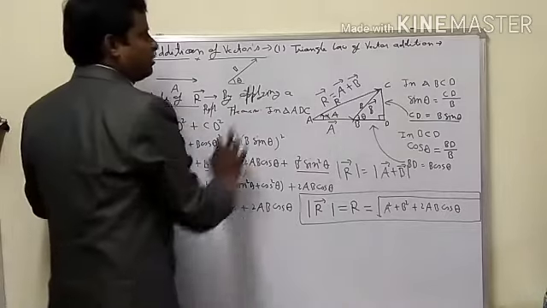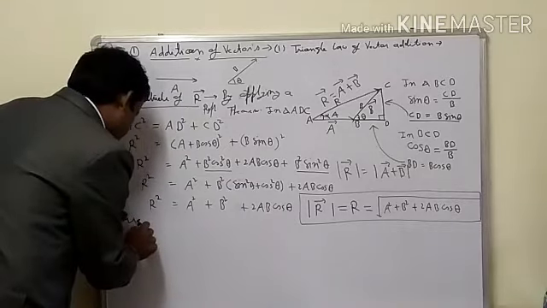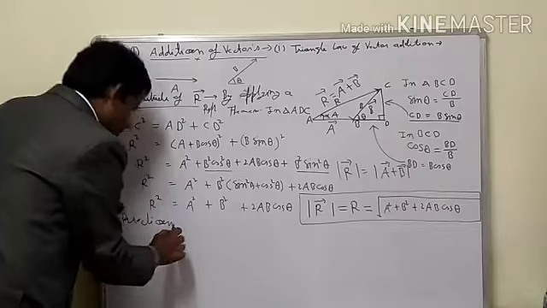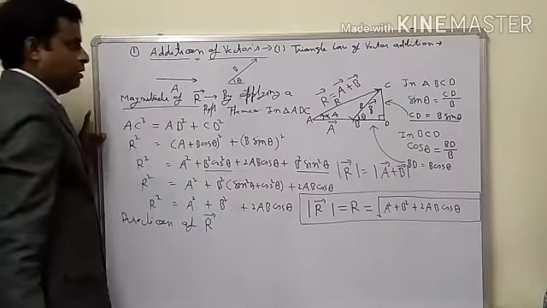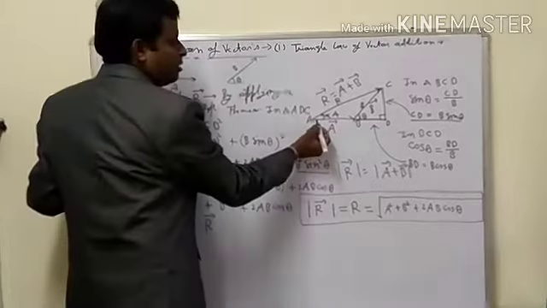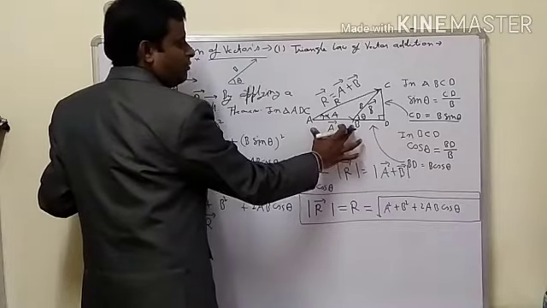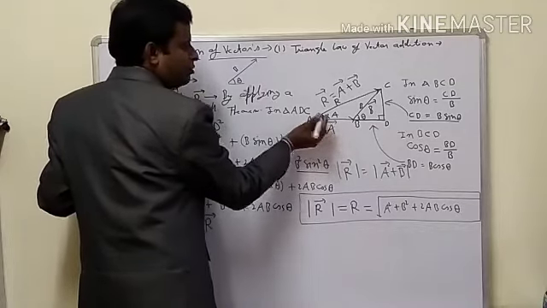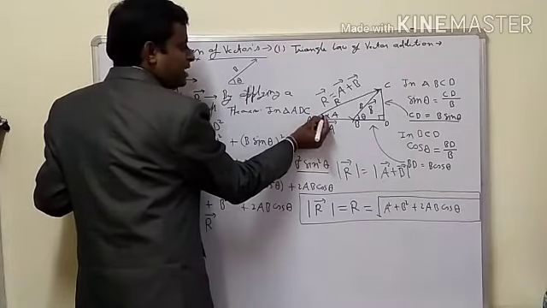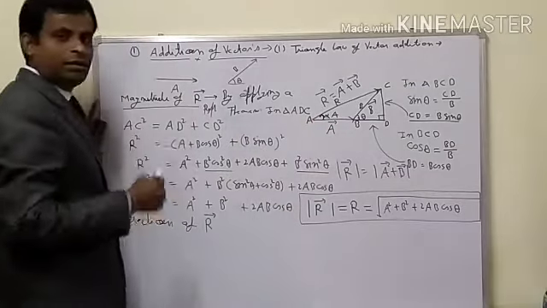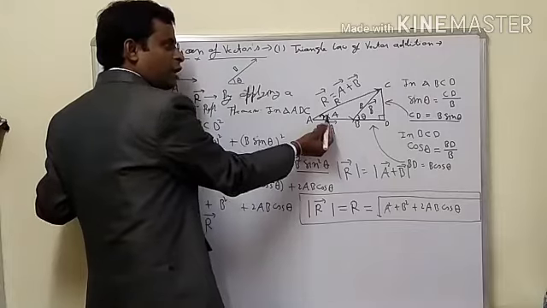the direction of this R vector. So this was the magnitude, and now the direction of the resultant vector. So what is the direction? Our initial vector was A, so the direction will be read from vector A. So I am reading from A to the resultant vector. This angle alpha will give you the direction. So if you want to find this direction alpha, then how will you find it?